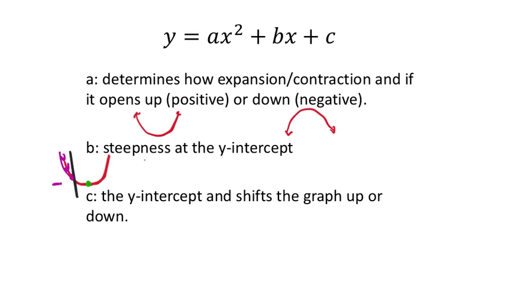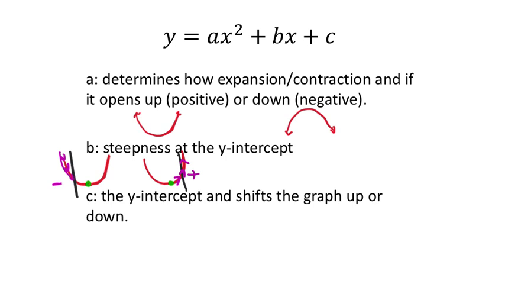If by chance we have the same parabola, but now the y-axis is on the right side, now you can see that it's on the right side of that vertex, so it's going to go up, up, upwards, and so this would then make it positive. The same idea is true for our